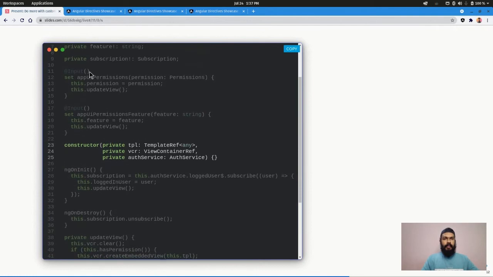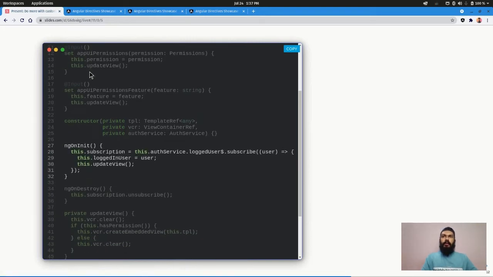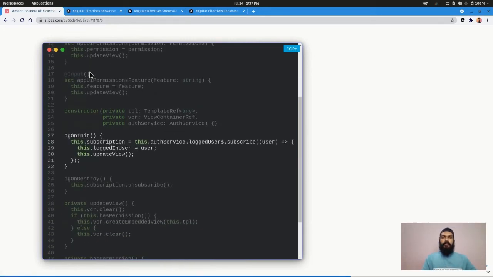Then inside the directive, we just inject the template ref, the view container ref, and the auth service. Let's say auth service is what provides the current logged in user details, and view container ref and template ref are used for dynamically embedding the element into the view. On initialization, we just get the latest logged in user, and then we assign it to the variable that we have declared.